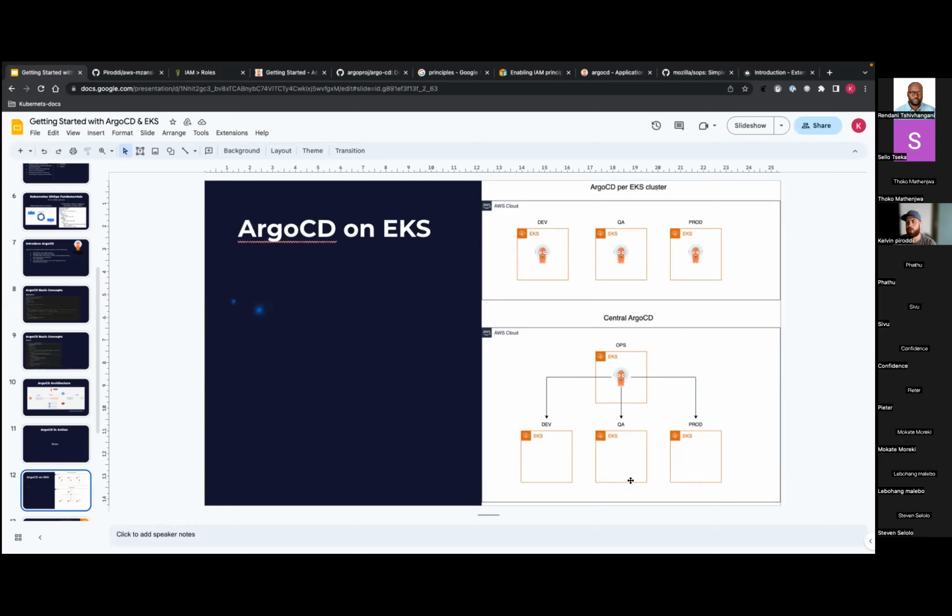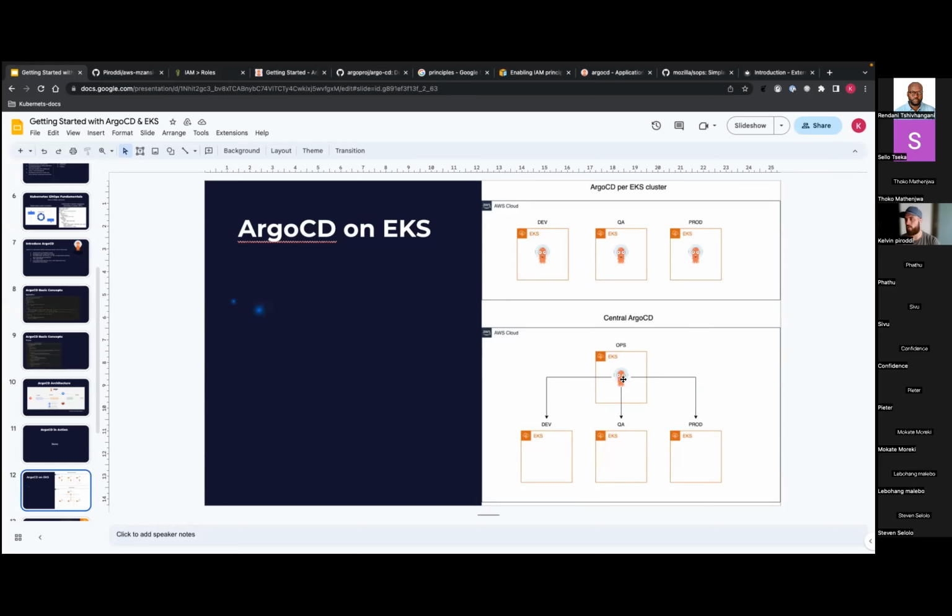And this is a very common use case. For small organizations or small teams that do have a few clusters, I think this is a good approach rather than managing multiple UIs, multiple ArgoCDs, because it just becomes more of a maintenance headache. But obviously, your blast radius can be a bit bigger if your single ArgoCD goes down.